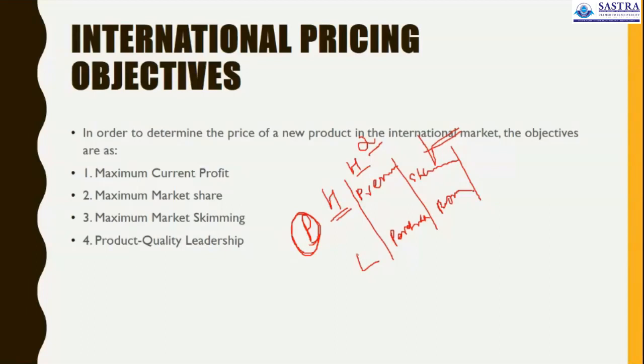But how are they applicable when we are going for international markets? That will be the question. There are different factors affecting how we fix the price for the international market. What are the factors? You can take the example of currency rate fluctuations, foreign exchange fluctuations, or currency value changes in the market. The second important aspect is the terms and conditions the company has entered into in the contract for exporting the product.